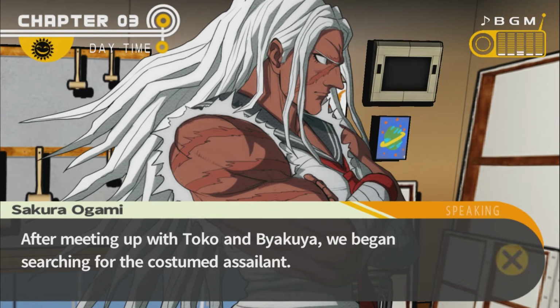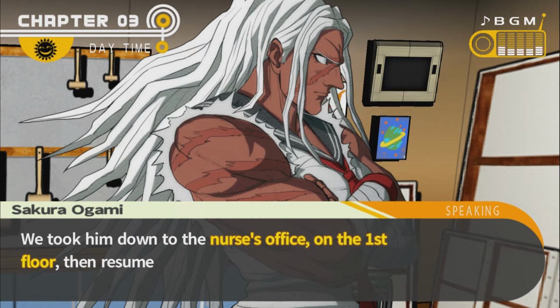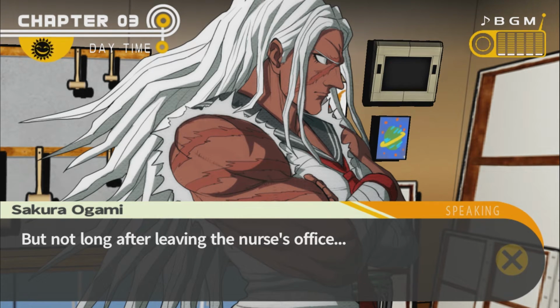After meeting up with Toko and Byakuya, we began searching for the costumed assailant. We found an injured Hifumi in the library on the 2nd floor. We took him down to the nurse's office on the 1st floor, then resumed our search. But not long after leaving the nurse's office...